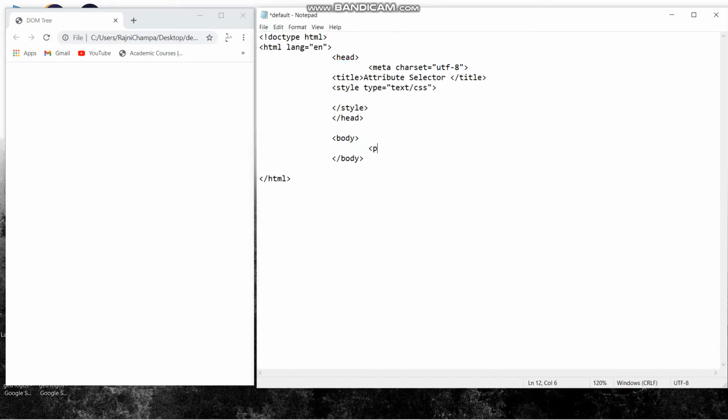As we move forward, we have another selector named the attribute selector. Just watch and learn. Inside the body section, I am giving a paragraph with the name paragraph 1, and then I am going to copy and paste it 3 times and edit the numbers of the paragraph, that is paragraph 1, 2 and 3. I am going to save it and run it on the browser. You can see paragraph 1, 2 and 3 are printed.